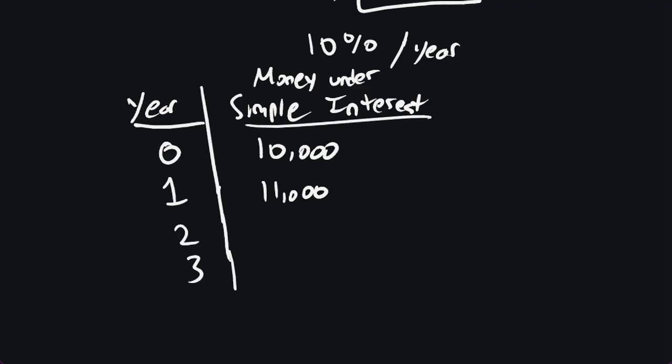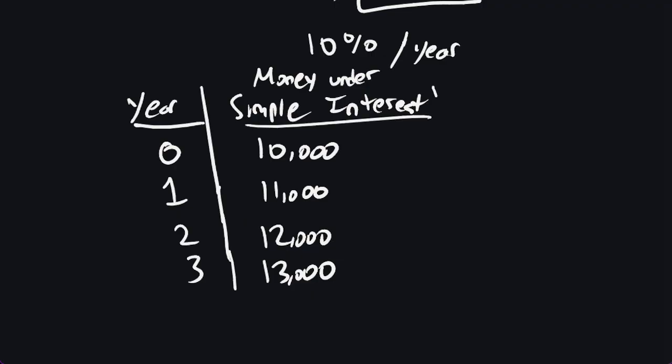Year 2, your money goes up by another $1,000, so 12,000. And year 3, your money goes up by another $1,000, so 13,000. So this is nice. After 3 years, you now have $13,000 in your savings account, which is good, but simple